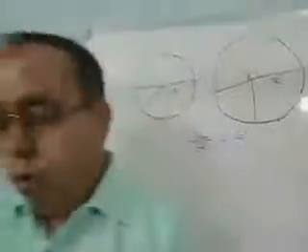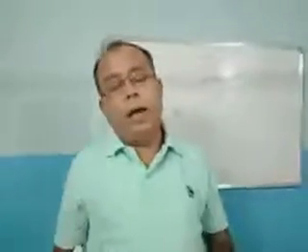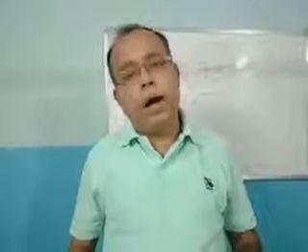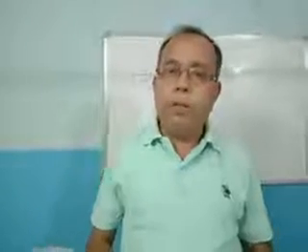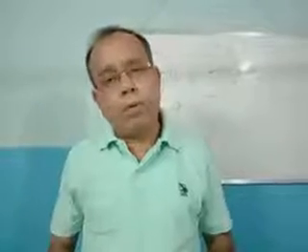Question number 2, all squares are similar and congruent. Same thing, you know the sides of a square are equal. So if you take two squares and find the ratio of the first side of the first square to the first side of the second square, this will be the same as the second side of the first square to the second side of the second square. Similarly, the third side of the first square to the third side of the second square and so on. So, all squares are similar.